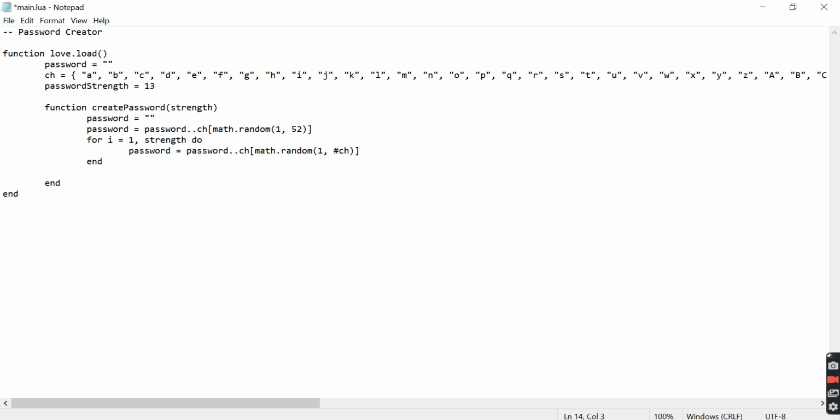Here I will print the password in the log table in the console, and I guess we will have a history. Now next thing, function love.draw and love.graphics.print password,